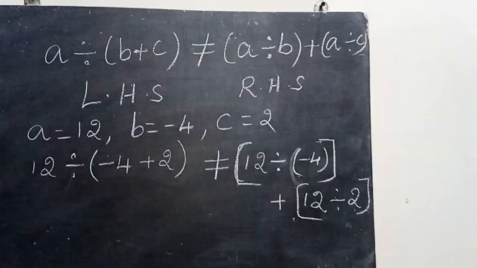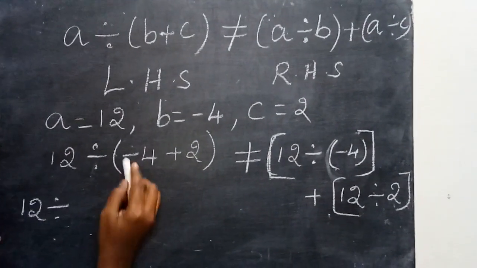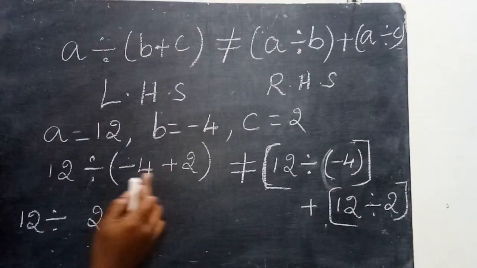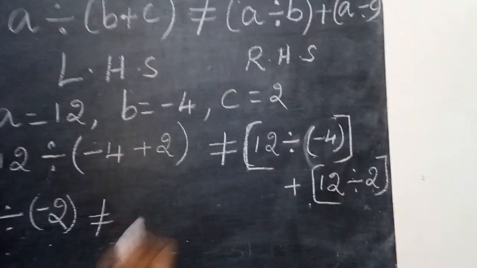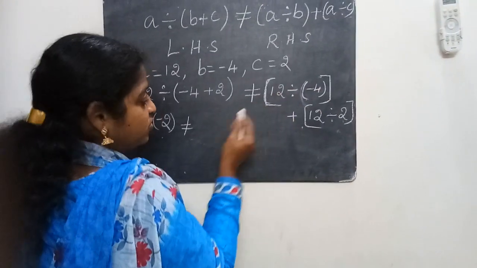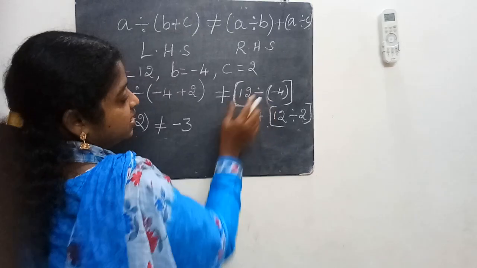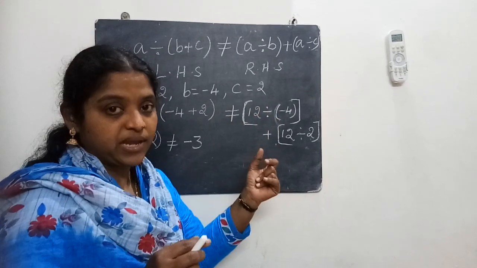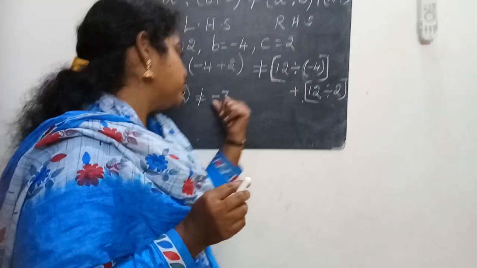Okay. Now 12 divided by minus 4 plus 2. Here minus and plus, subtraction we should do. 4 minus 2 is 2. And 4 is the big number and 4 has the minus symbol, so it will be minus 2. And not equal to 12 divided by minus 4. 12 divided by 4 means the fourth table where you will get 12. 4 3s are 12, so it is 3, and here it is a minus symbol. You should not say that 12 is the big number so it has a positive sign. No, it is division and multiplication. You should see the symbols and multiply them. Minus and minus into plus, minus only.